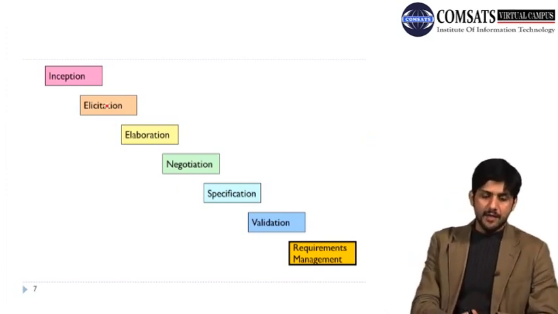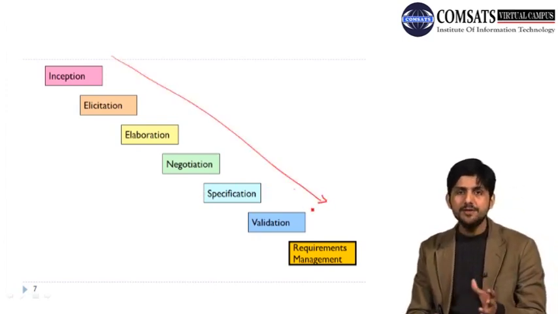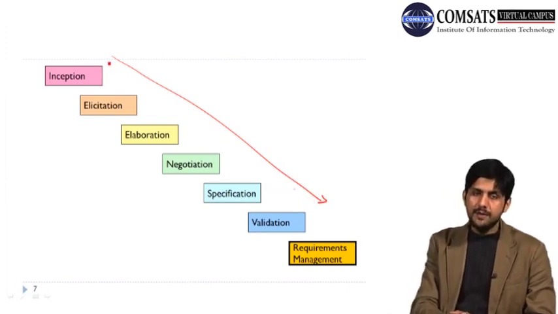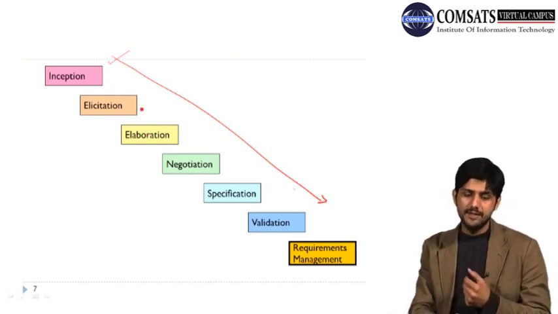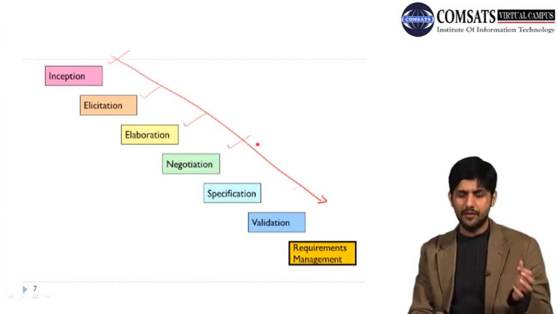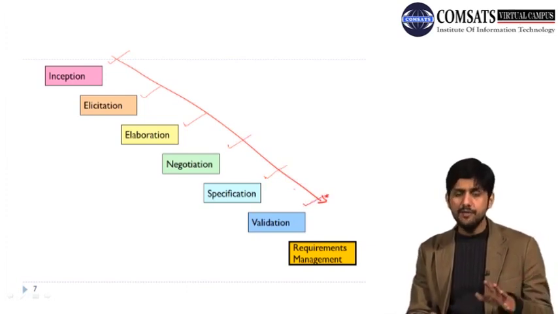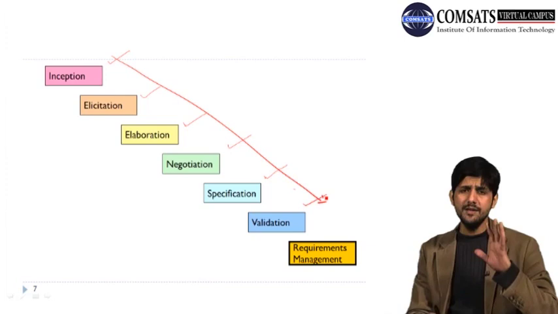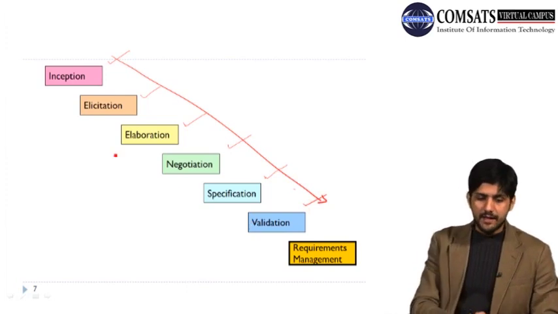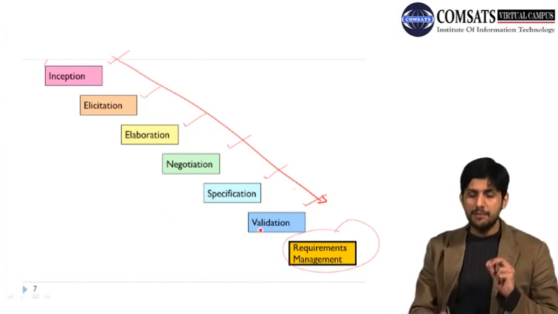So if we look at this diagram, we said that these first 6 sub-processes of the requirement engineering process are pretty clear, because now we know that we started here with identifying the goals and objectives, identifying stakeholders, then getting requirements from them, then analyzing them, and then trying to solve the problematic requirements. Then we say, okay, we have solved them, so let's specify them. And after specifying, we finally want to validate them as well, because there can still be some problems after specification. And then we discussed why requirement management was required, and we discussed that requirement management has